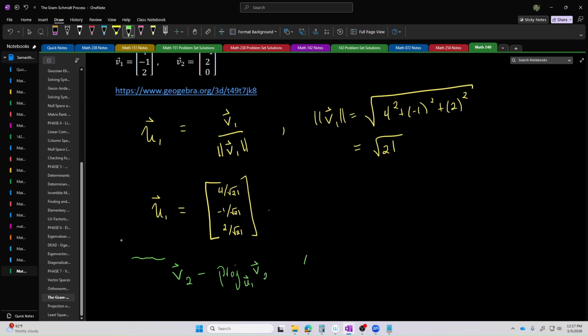What's essentially happening here is we're taking the vector v2 and removing the portion parallel